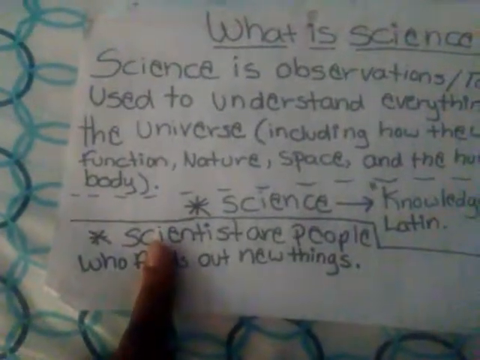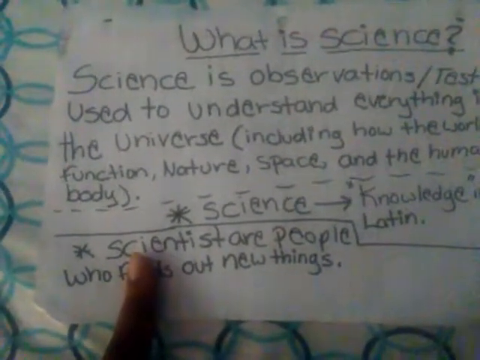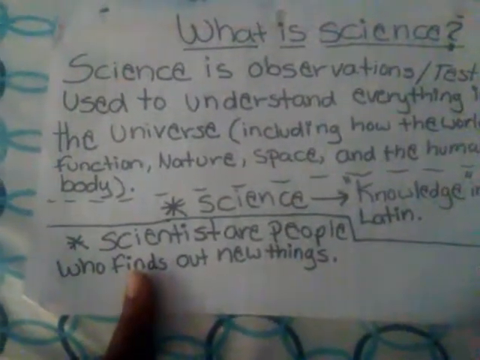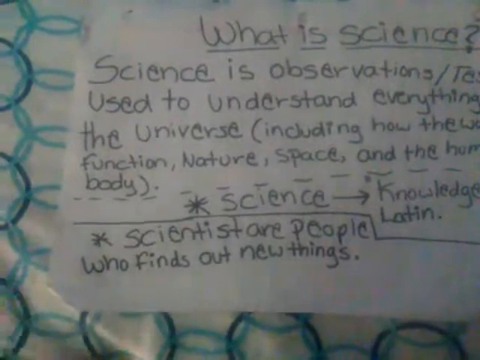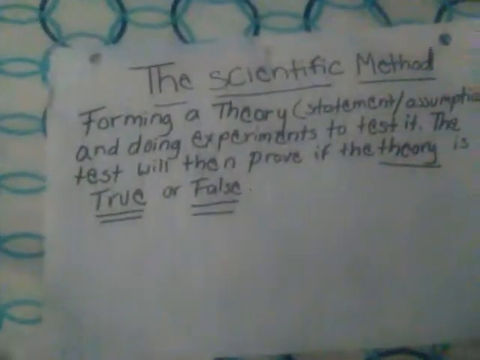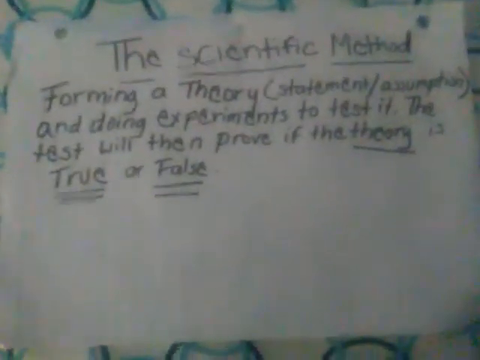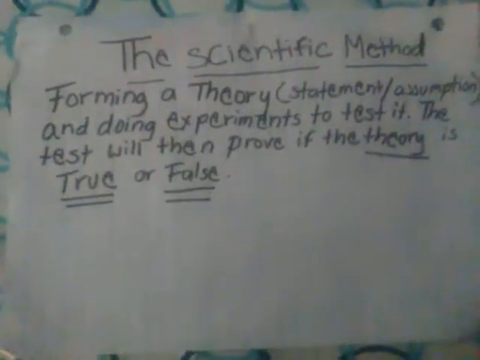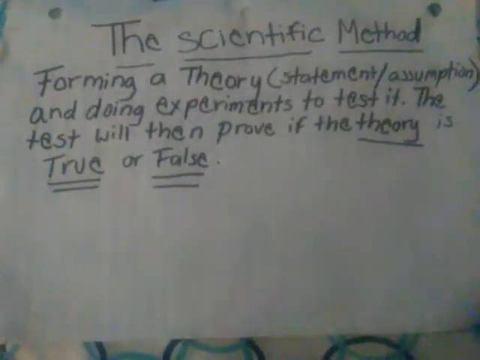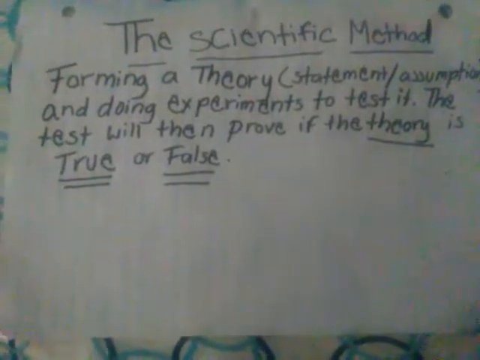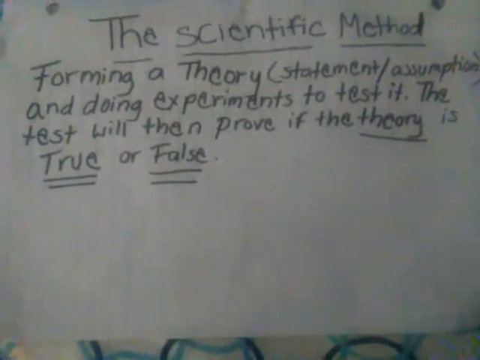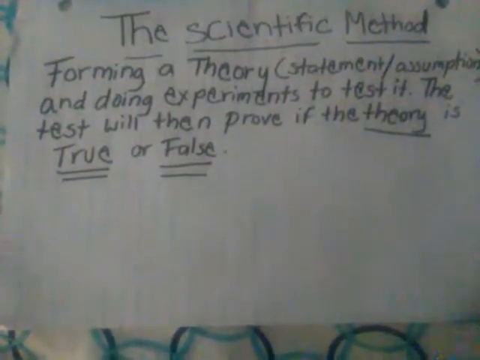And a scientist is an individual or person who finds out new things or makes a new discovery about something. So this is a scientist. Today we will talk about the scientific method, which is one of the methods that a scientist uses in order to develop or find new information about something, or discover a new idea about something that